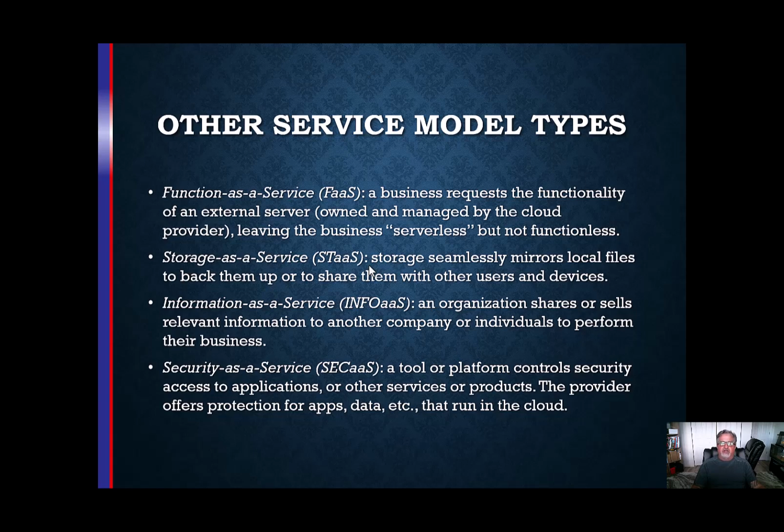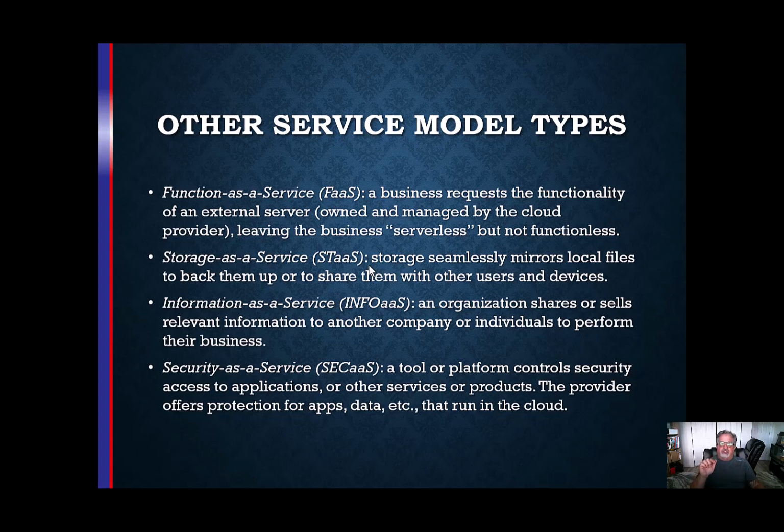Function as a service was about serverless computing, right? When we were hosting functions, I gave you the example in that module, in that part, that you went to the website and you filled out a form, right? And I said to you that form is not a function. The information you put in the form is not a function.